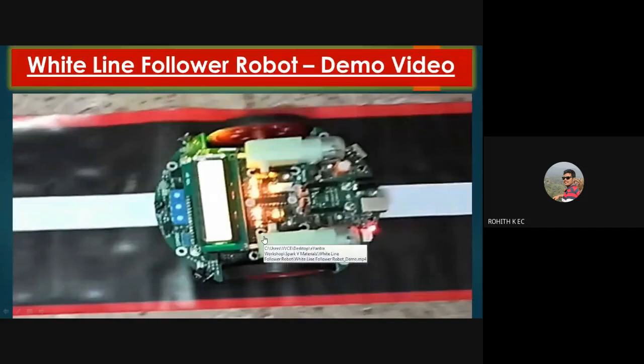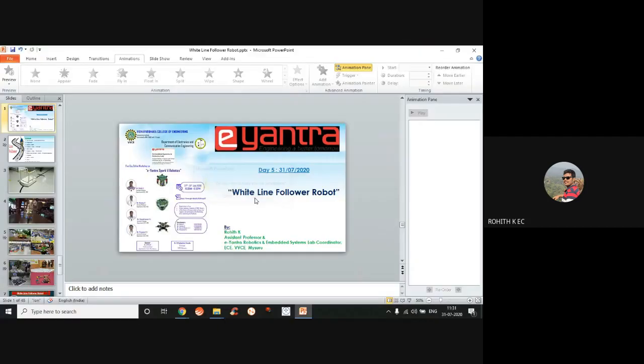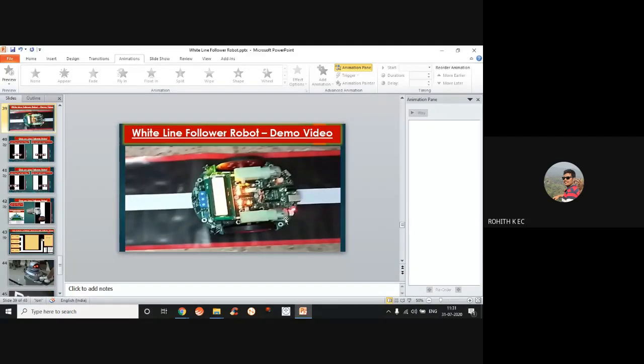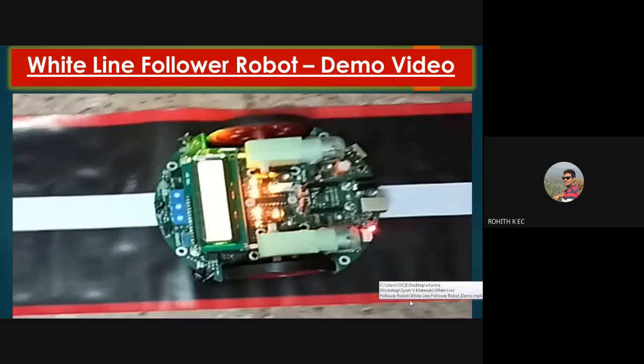And how do you dump this? We have already discussed that, isn't it? You will write this program in Atmel Studio, then build it, then you'll be able to generate a text file, then you'll be dumping that onto your microcontroller using the AVR bootloader. Okay, so the process is the same that we have shown you for other experiments. So that's about the demo.